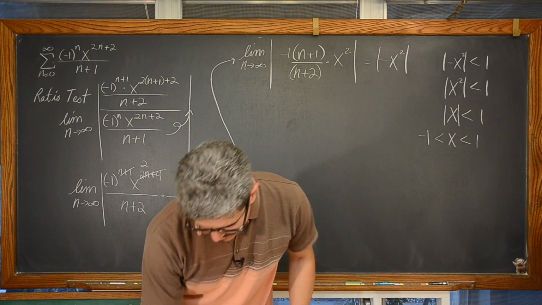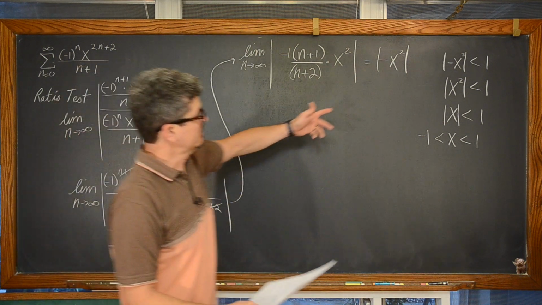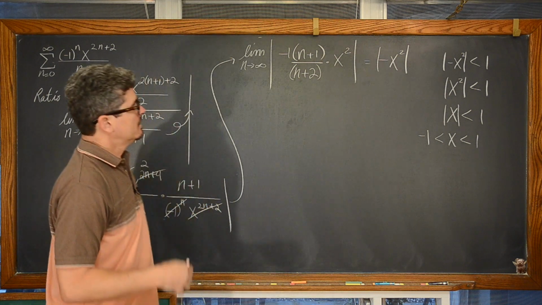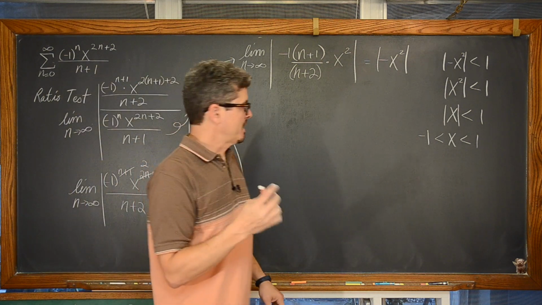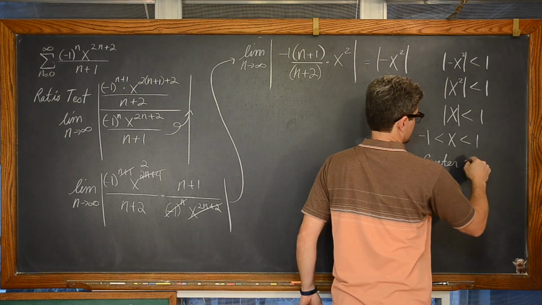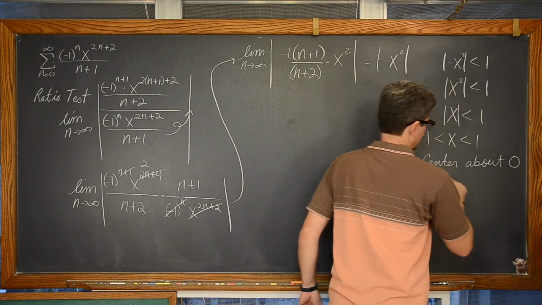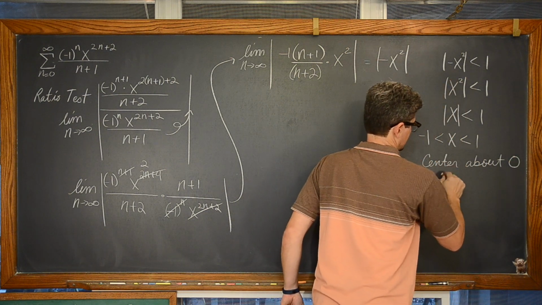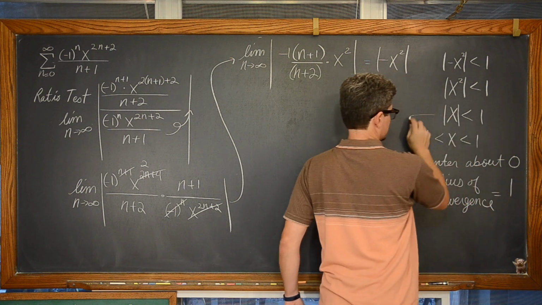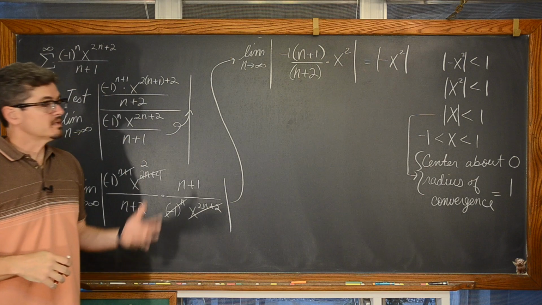And let me just check my answer here. The absolute value of negative 1 is 1, square root. Now, remember, we have a center of 0. We find a geometric power series centered about 0, and a radius of convergence, which is equal to 1. You can see all that information right here. We need to test the endpoints.